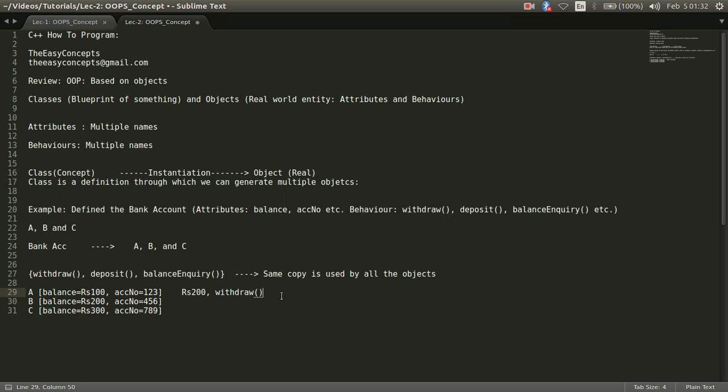If you want to check its balance, it will use the same function. And similarly for the other two objects, if they want to withdraw or deposit or check the balance, they are going to use the same function. So the functions will not be shared. Function will be same for every object, but these attributes are going to be different.